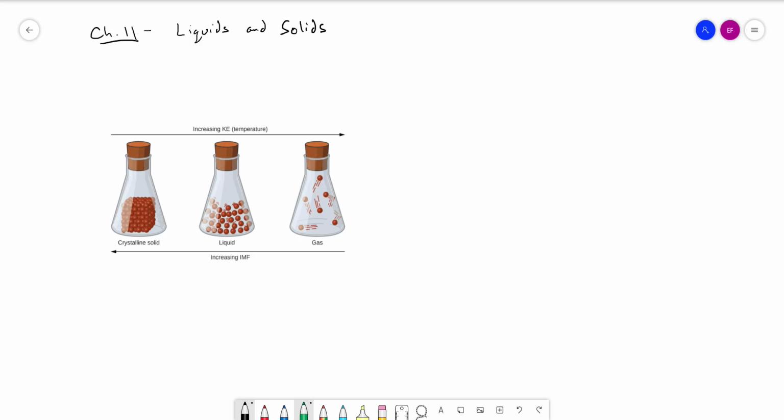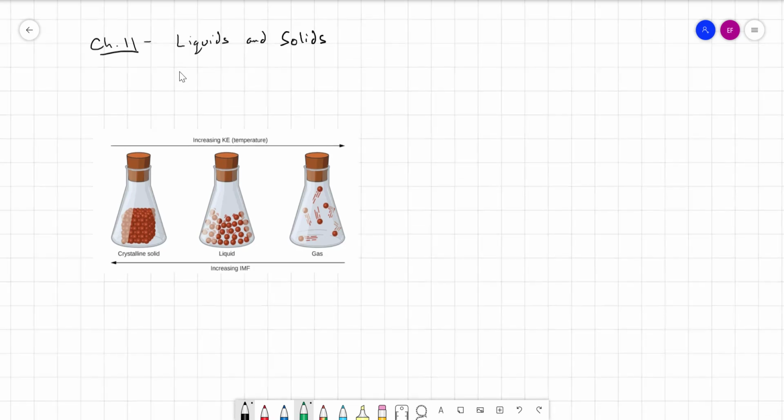All right, welcome to chapter 11. Technically, this is chapter 10 in your textbook, but sort of module 11 of the Chem 107 course. And this has to do with liquids and solids and a little bit of solutions. And the main premise of this chapter is this notion of